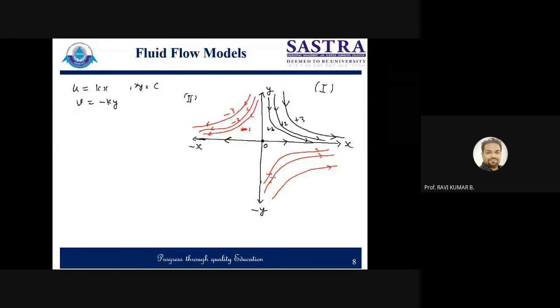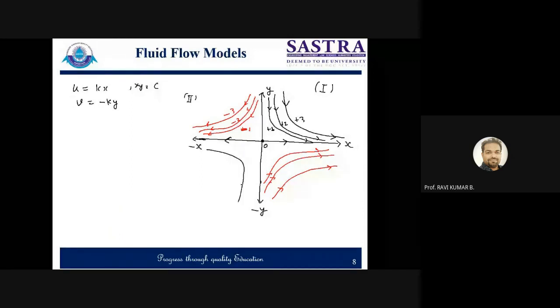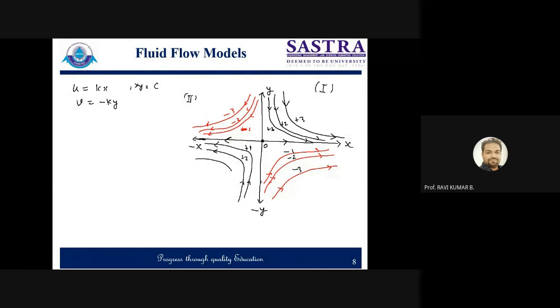Right. In this quadrant, and here just opposite. So here it will be following like this. Draw it perfectly. Right, here I am not able to draw that. So here it will be going like this, right? And here it is going like this. So here this is still minus, so minus 1, minus 2, minus 3, and here it will become positive 1, positive 2, and one more you can draw. This becomes positive 3. So this is your streamline pattern.